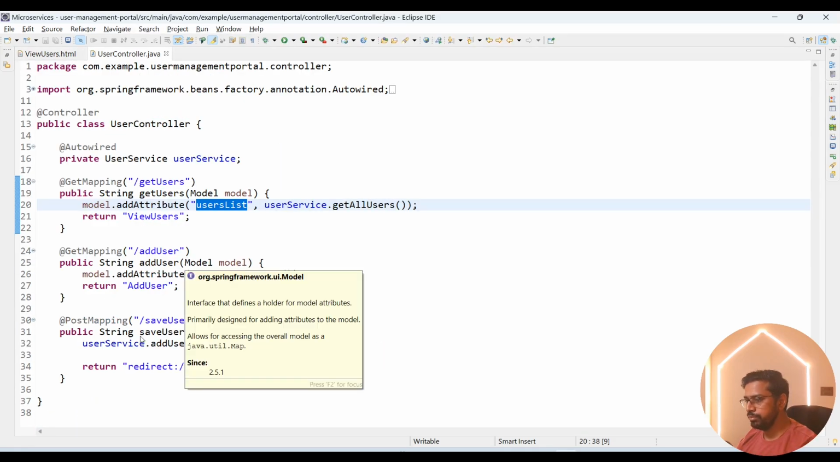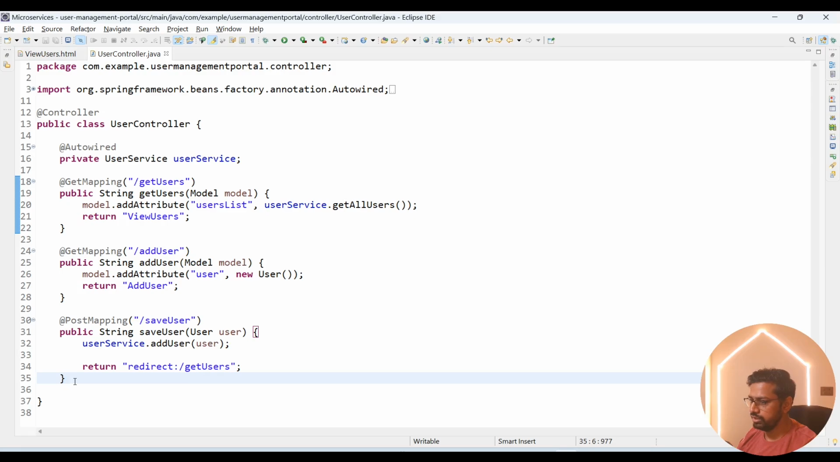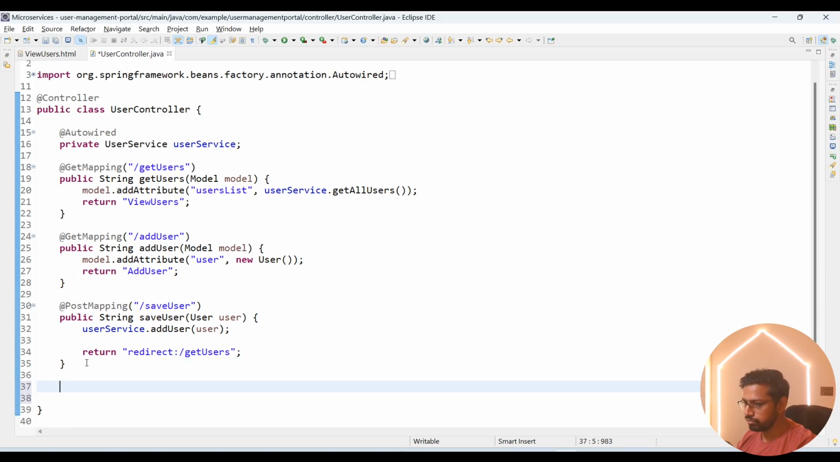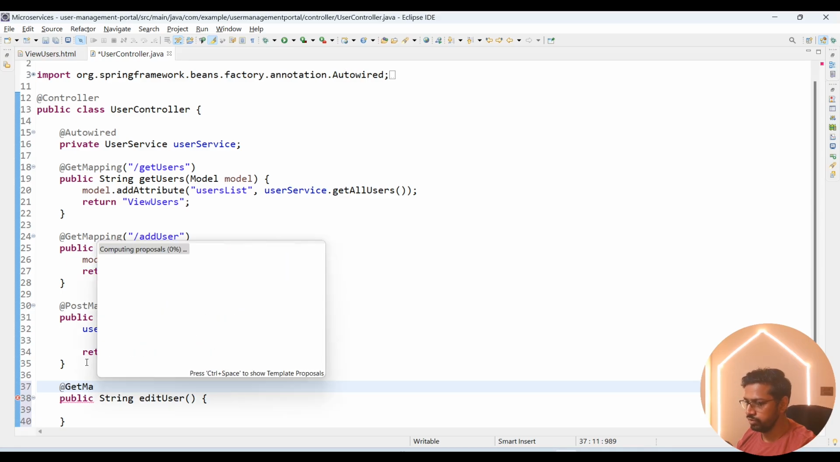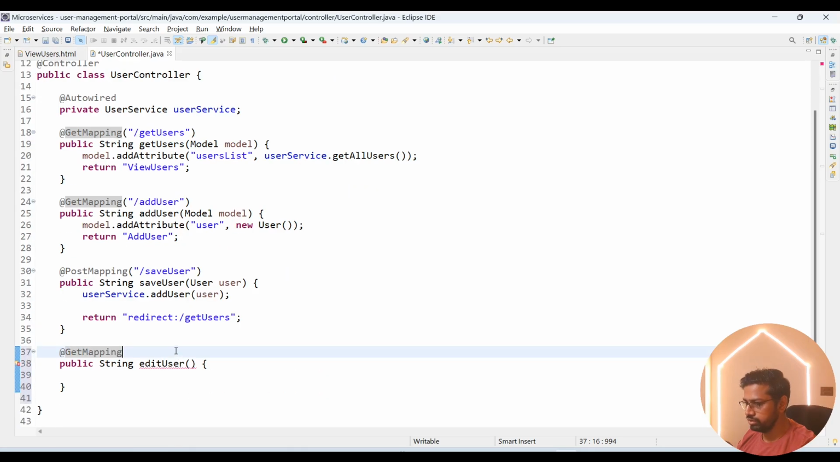Now let's create the mapping for your edit and delete operations as well. So edit is going to be a put mapping. So public string edit user, and here the mapping is going to be something like, so first is your get mapping, where you will redirect to your simple page. That's it. Edit